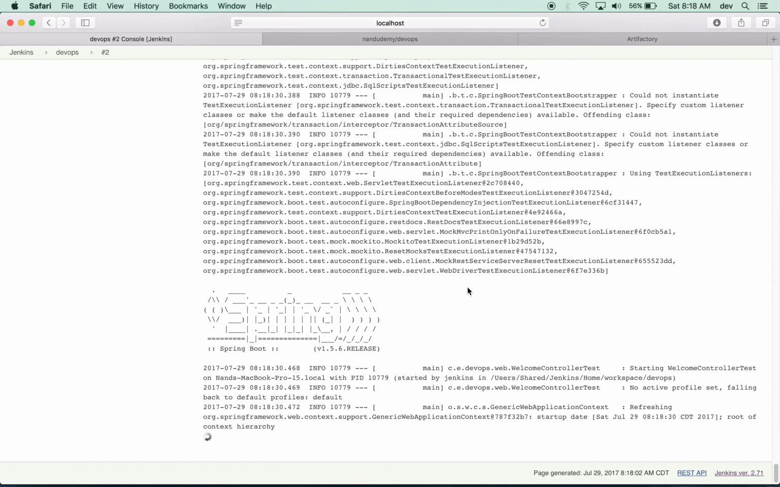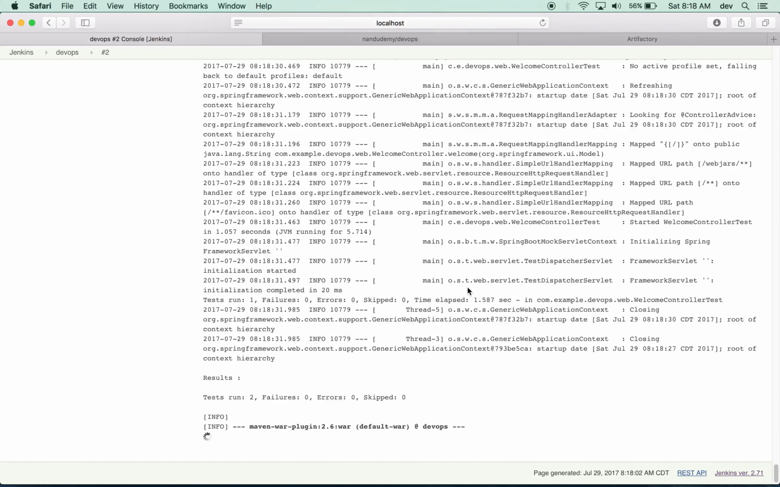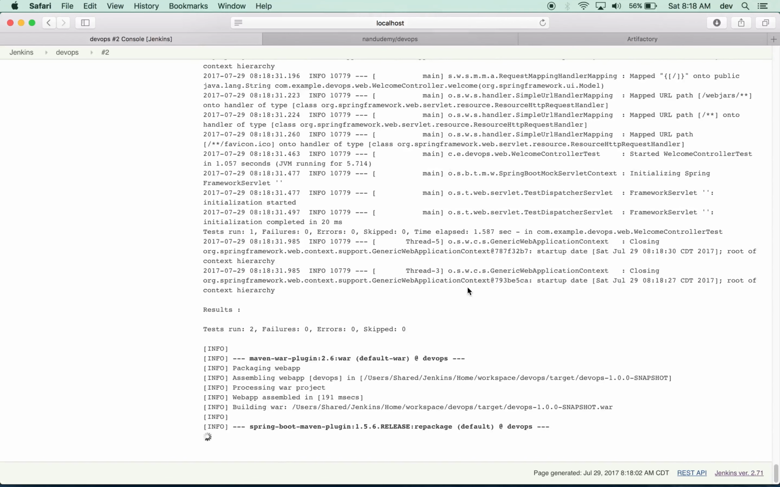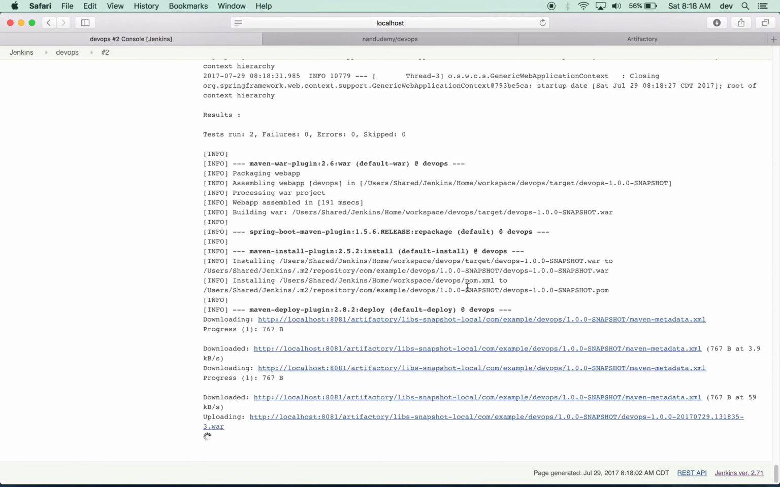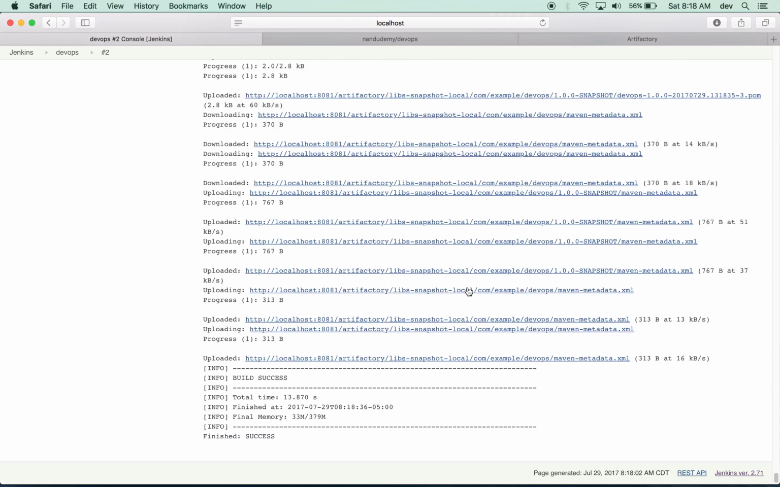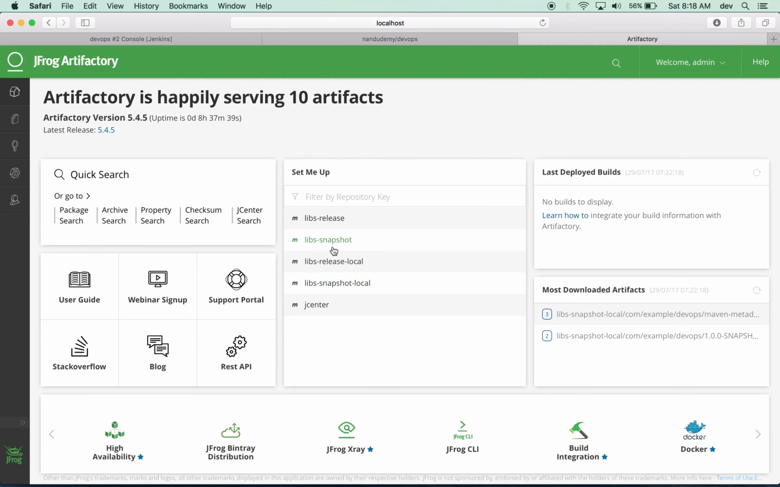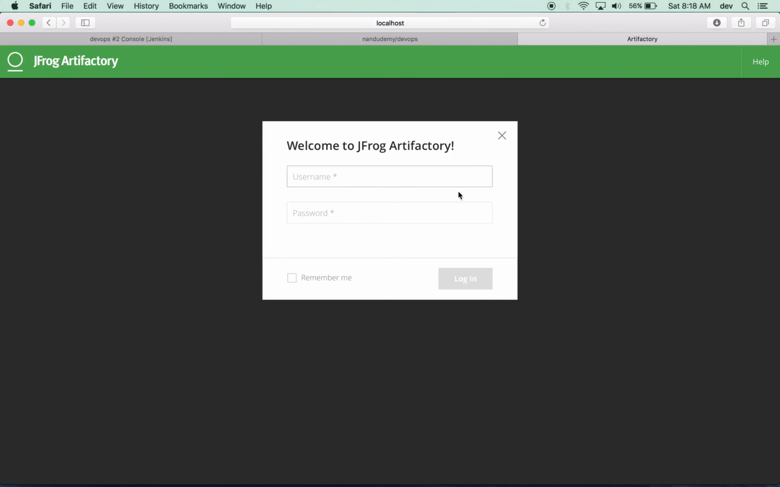So it's going through the deploy phase right now, still going through the test, and it's downloading the metadata. And if you notice, it actually deployed, uploaded the artifact to the Artifactory. So if I head over to Artifactory now, and I click on snapshot local, I'm logged out here right now,